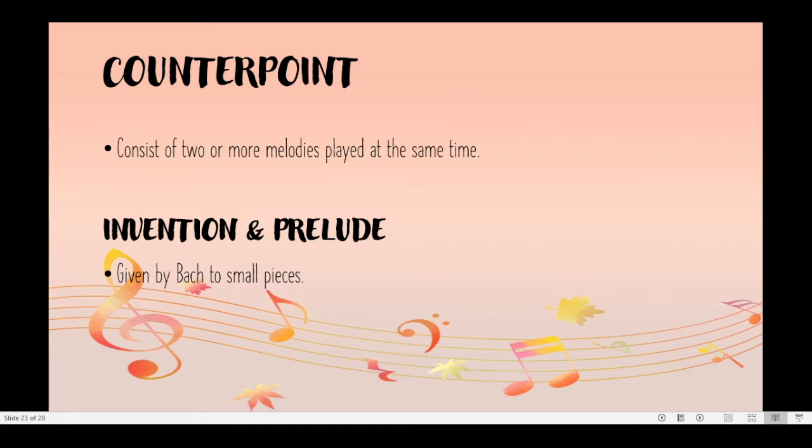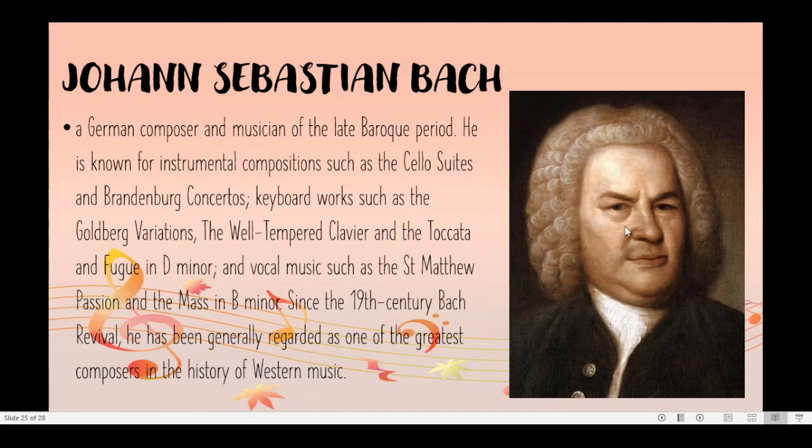Then aside from that, we have invention and prelude. When we say invention, it was the name given by Bach to pieces of small dimensions, written in rather loose fugal imitation. Various free styles and forms called preludes were combined with a contrasting strict fugue, and this is known as prelude and fugue form. Next, before we proceed to Johann Sebastian Bach, we have another one which is the